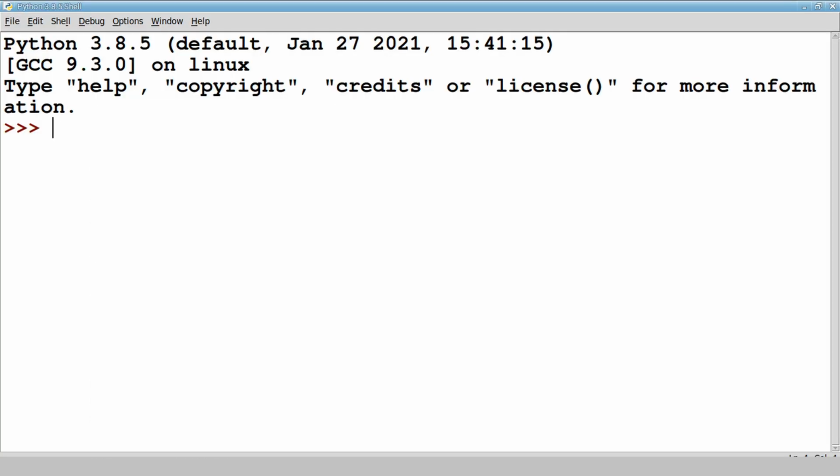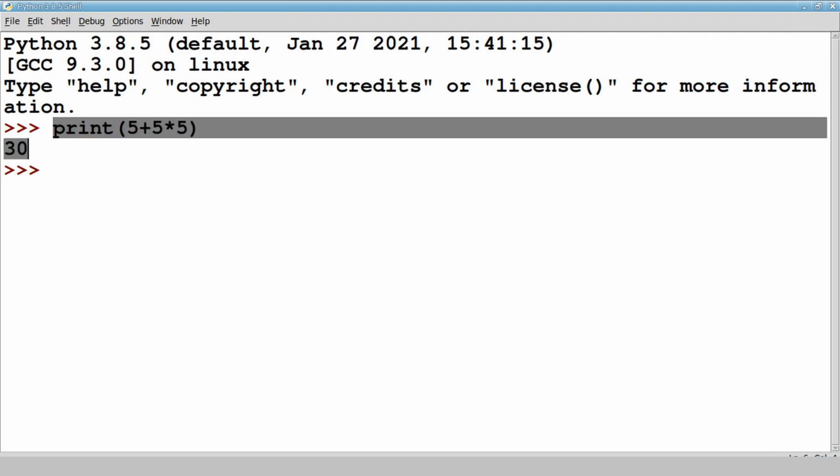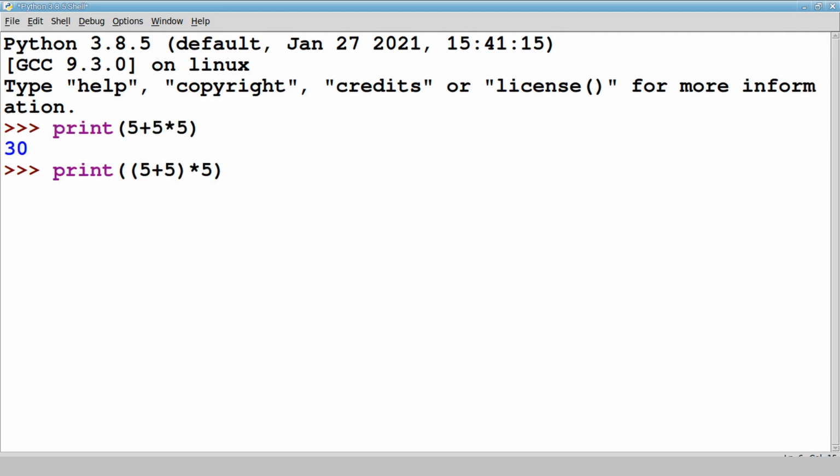Let's see, if we have a statement like this which has the expression 5 plus 5 into 5, the result is 30. But let's see the similar expression with brackets. Now the result is different. So this is how operator precedence works.